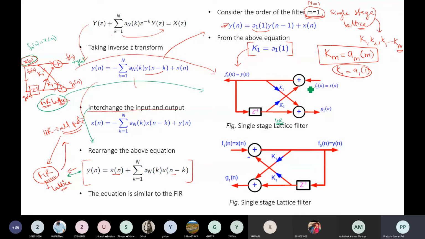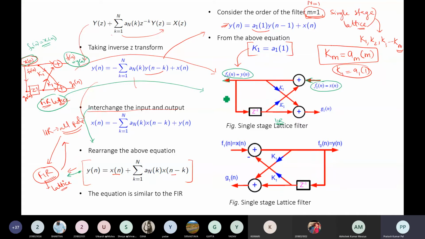Okay, so it is the same structure. The only difference is that here, instead of this being an output, it will be considered as input, so an input line will be there. This was input in case of FIR, but in case of IIR it will be output, so it is taken outside. So here f0 will be equal to y of n, just opposite to the FIR system. Similarly, at this point, instead of output in case of FIR, it is input in case of IIR. So the similarity is there; the only difference is we have just interchanged it.